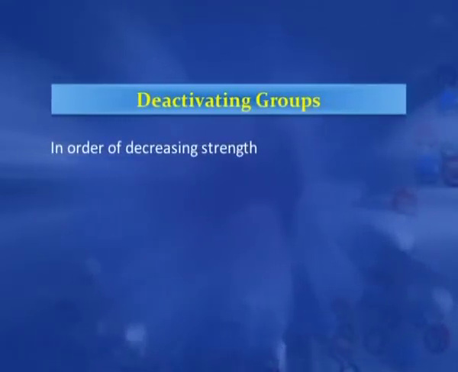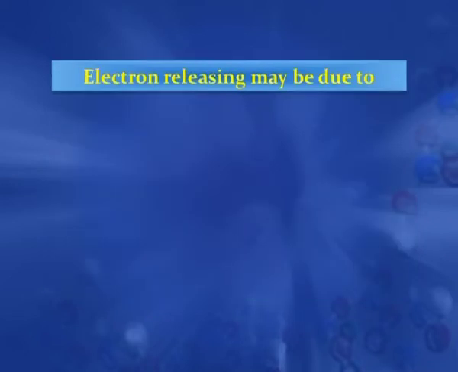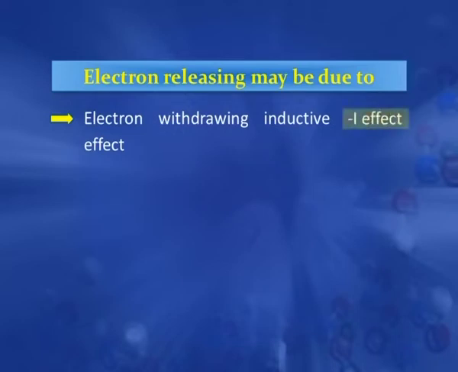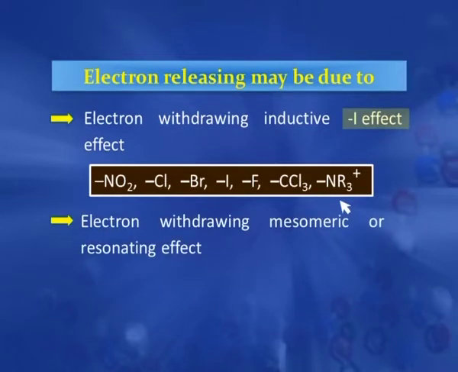Examples of these types of groups are the groups which have a positive charge or which withdraw electron density. For example, nitro, nitrile, sulfonic acid, aldehyde, ketonic group, acid, ester, amide, halogens. Now, again this electron withdrawal can be due to inductive effect, which is known as minus I effect. For example, halogens, nitro, CCl3, a positively charged amine group, and electron withdrawal can be due to mesomeric